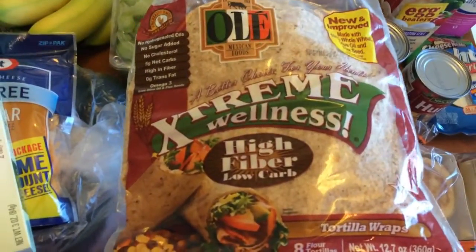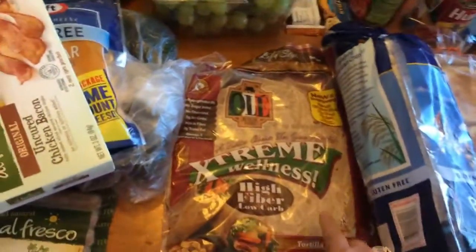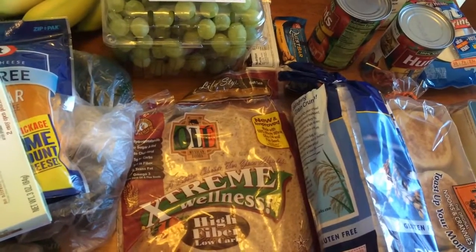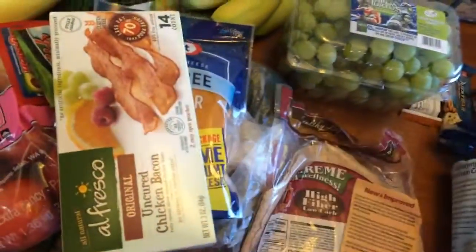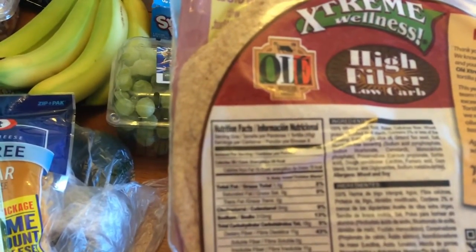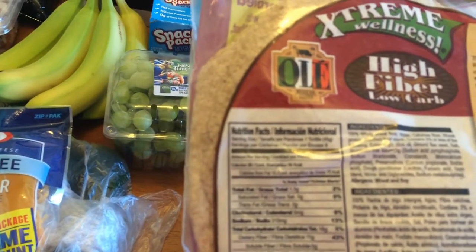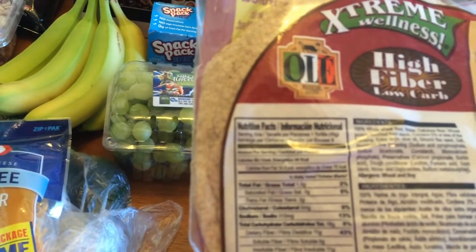And I got another purchase that I make whenever I go and see them, the Ole Extreme Wellness Tortillas. I put these in the freezer. Walmart, sometimes my Fred Meyer, are the only places in town that carry these. These are $1 for these tortillas. They are, let's see, 50 calories, 1/2 grams of fat, no saturated fat, 16 carbs, but 11 fiber, and it's insoluble fiber, and